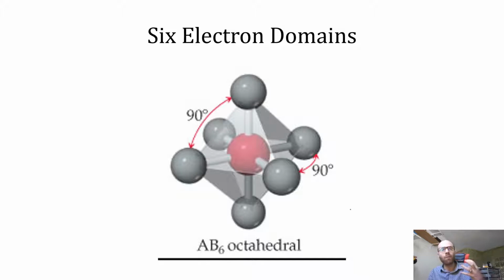And then finally, if you do jam one more in there, everything does line back up to be equidistant with 90 degrees. It's called an octahedron. 8 triangle faces, but also 6 vertices. All the angles are 90, so this is a wonderful example of, say, your SF6 or something similar. Whenever you have 6 electron domains, it's taking on this octahedral arrangement to allow everything to get that equidistant thing going. It's kind of hard to draw this one in 2 dimensions,